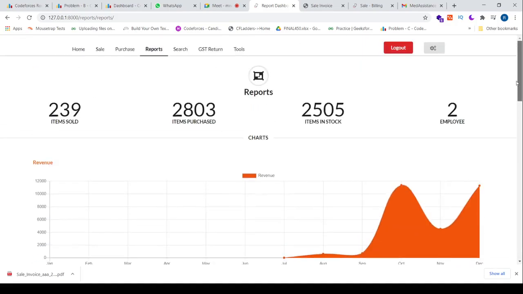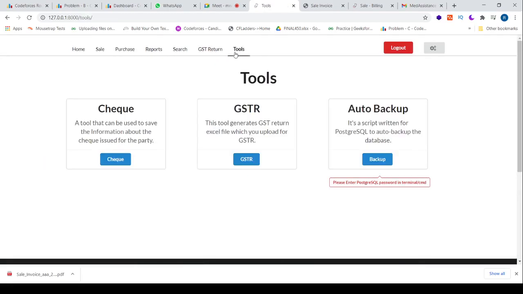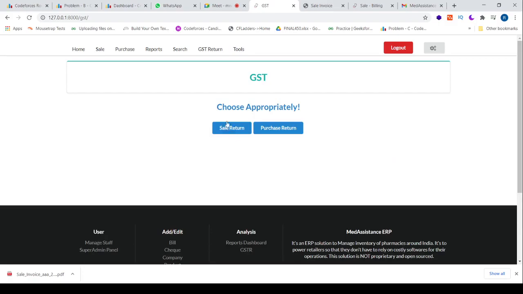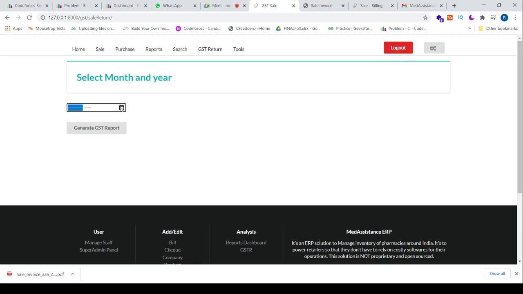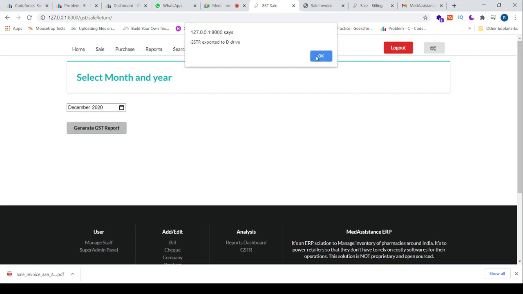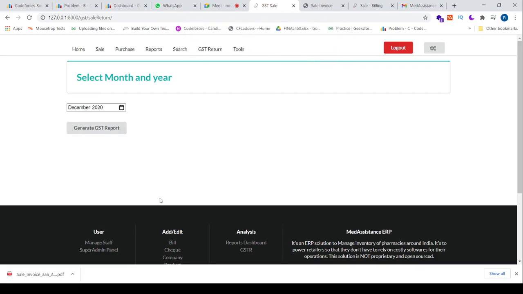Now these are all regular features that all ERP solutions provide. We also provide automation. Like if you have to file for GSTR, you just go to GSTR and choose whether it is sale return or purchase return. So if I go to sale return, select only the month, and generate the GST report, this GST report will be in my D drive.